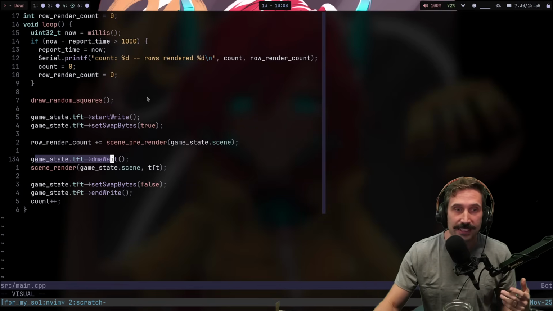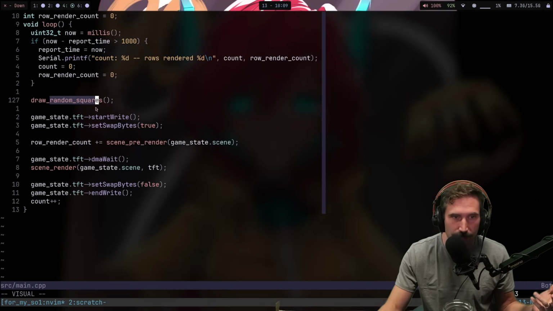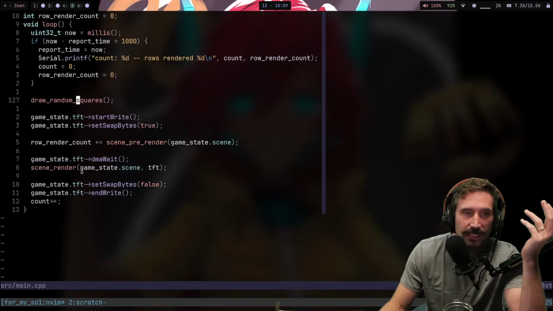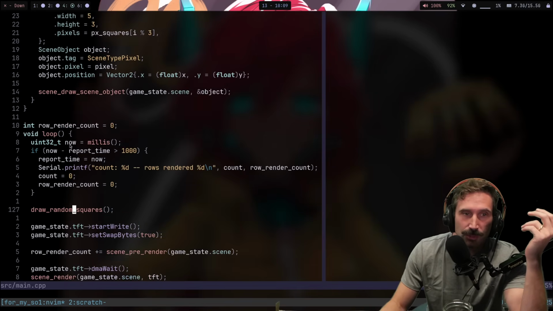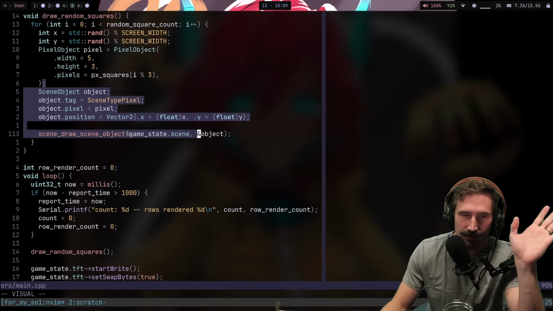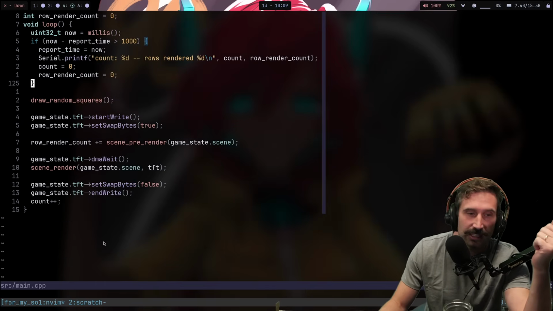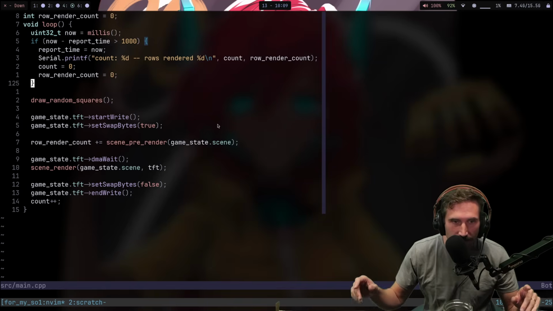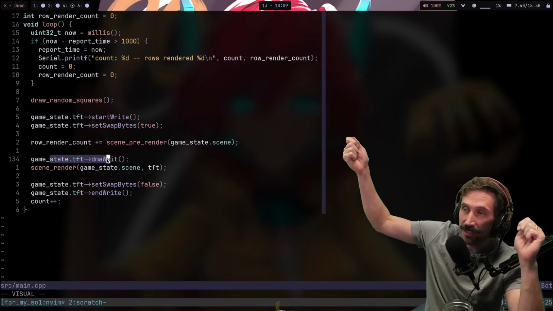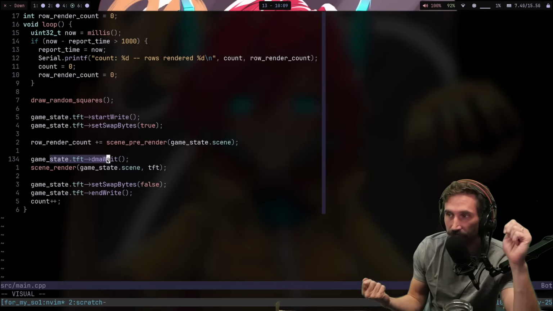asynchronous coding. At some point, draw random squares, right now my screen pre-render, which I'm going to probably rename to screen update. So my draw random squares goes in here and draws all the scene objects. I don't want this, this is just test code to make sure everything actually works before I fully write everything. So now I can do this nice little, hey, we're going to draw everything, and then I can wait. So my previous render has to finish, and then I can start going again,